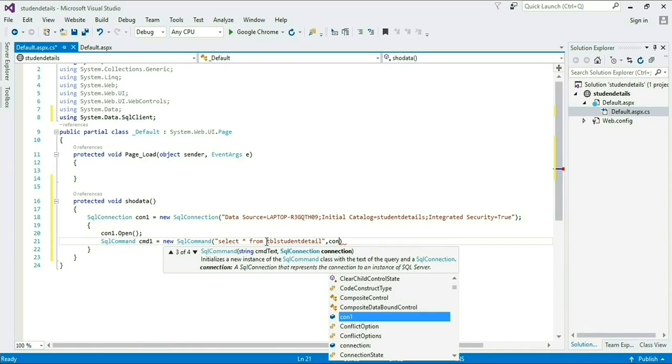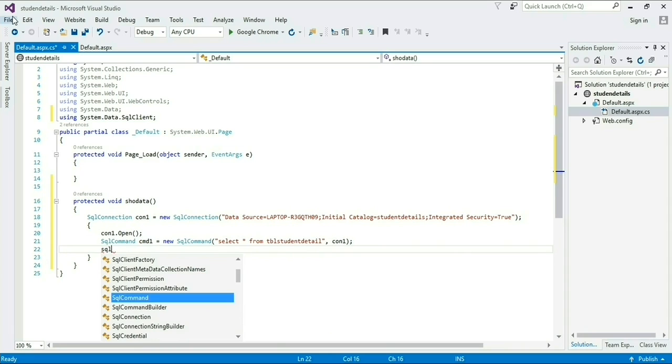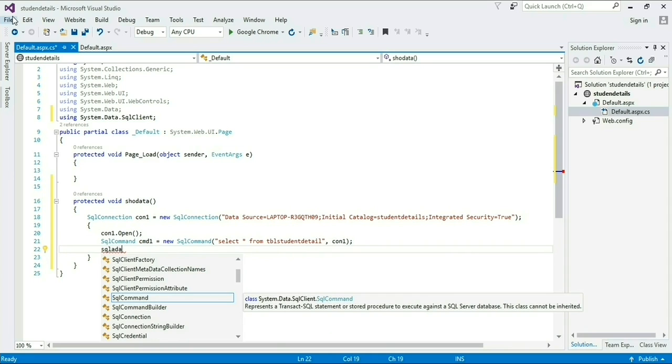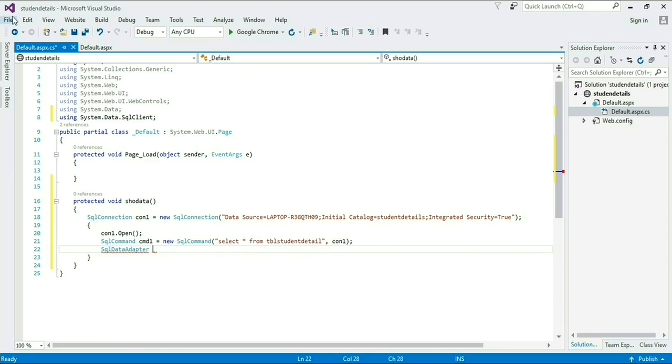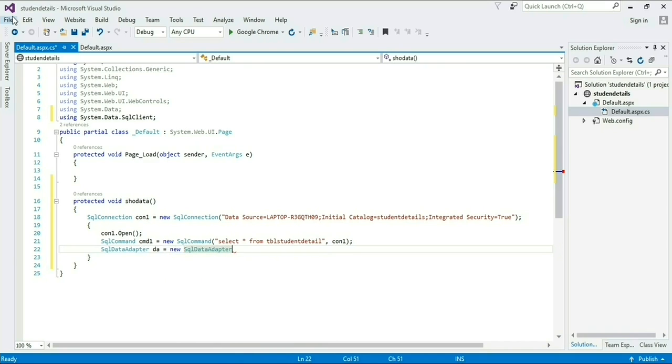After that give your connection object name con1. Now take a SqlDataAdapter which adapts the data from the database. Erase this command line and give the SQL query statement into this adapter. It also works.